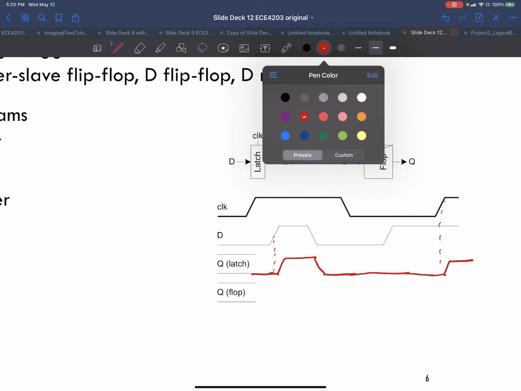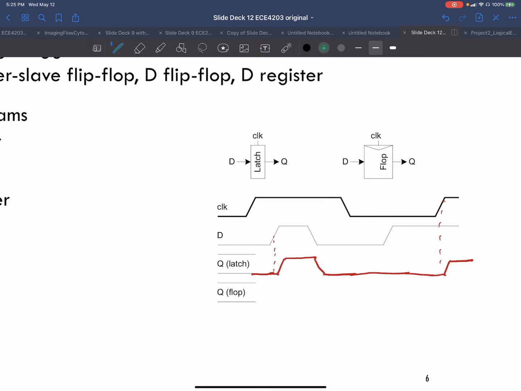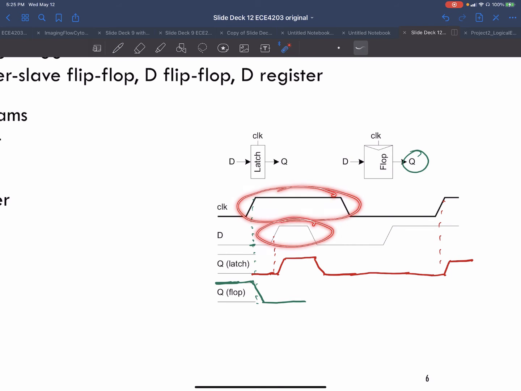Okay, a flip-flop only works on the rising edges. So let's say initially, for the sake of discussion, just to make it clear, the value of the output of the flip-flop was high. It would stay high until the rising edge of the clock happens, and then since D is a low value, it would go low. And all through here, it wouldn't matter what D is doing until you get the next edge of the clock. So it would stay low